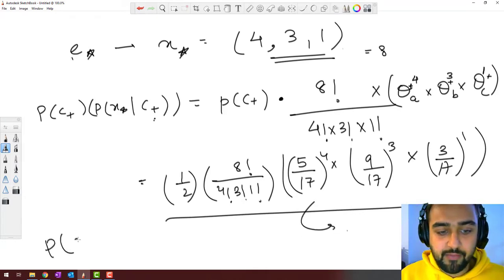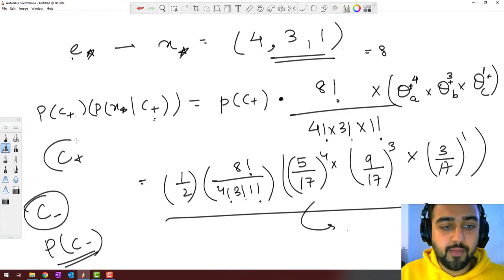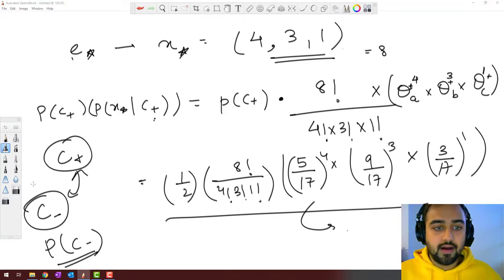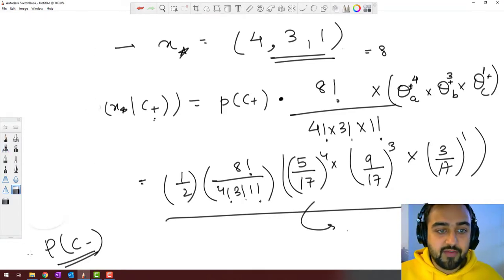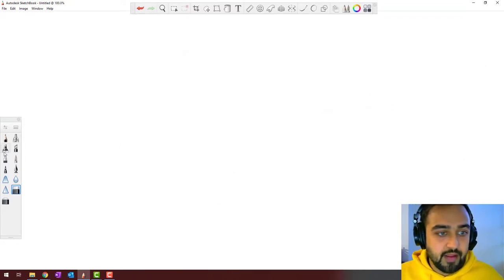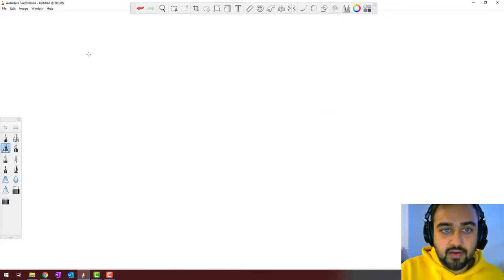Similarly, find it for the negative class, P of C minus, right? Compare the result for positive and negative. Whichever is larger, assign your email to the respective class. Now, in this case also, if the frequency of occurrence of a word is 0, we might face a problem, right? So what we do is we introduce the concept of smoothing